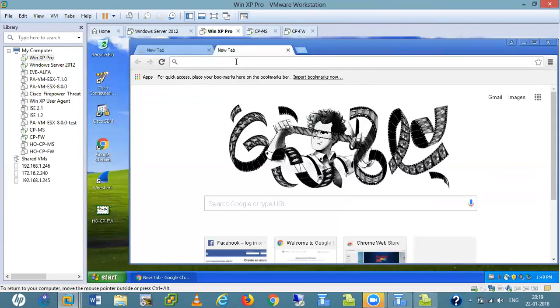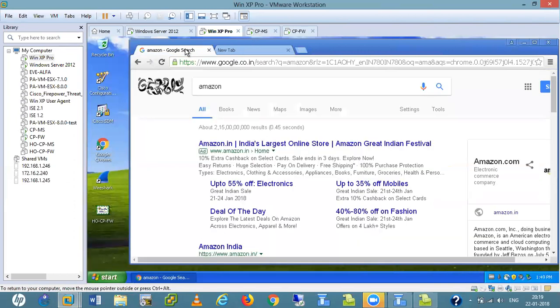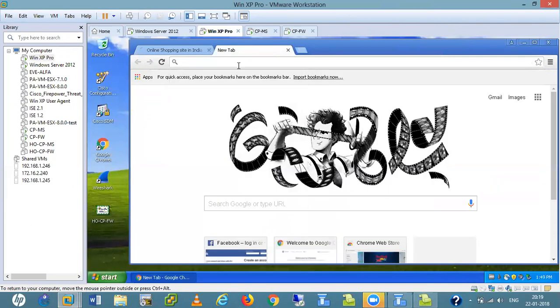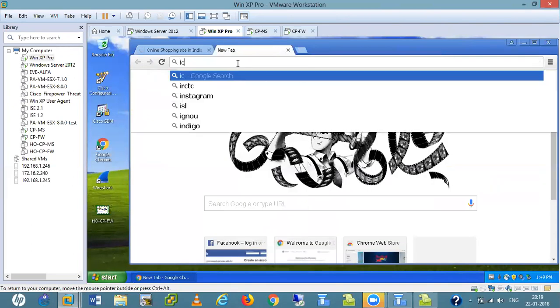If I open some other website, there also in Europe, you cannot decrypt the government website traffic. So we have to also write a policy for government sites. These are the parameters. Our company has these policies. How we want, so decryption is happening for them. And if I open ICICI Bank.